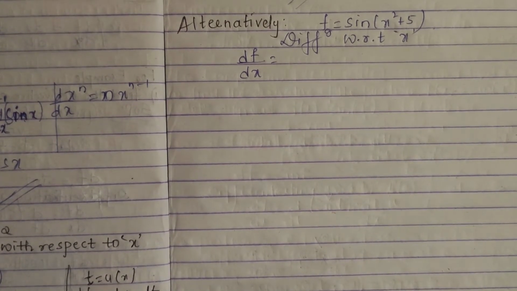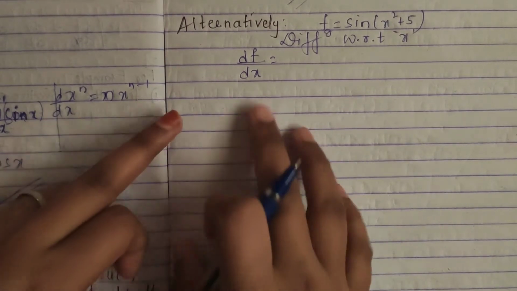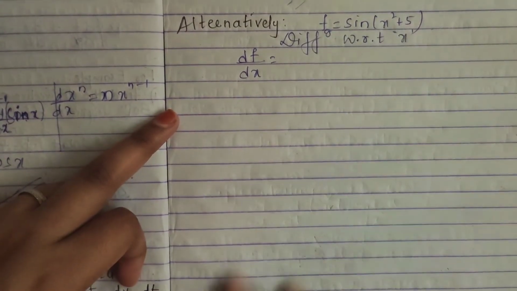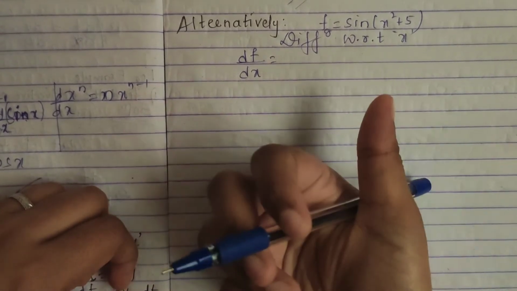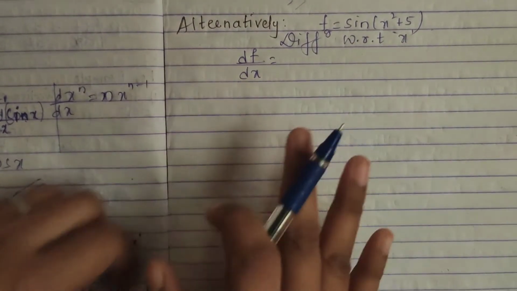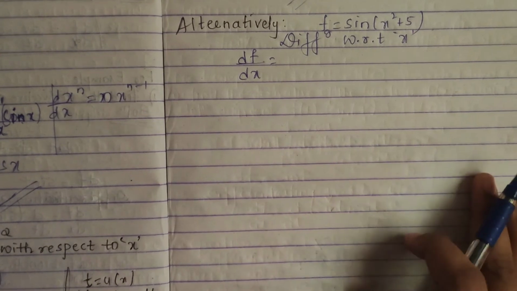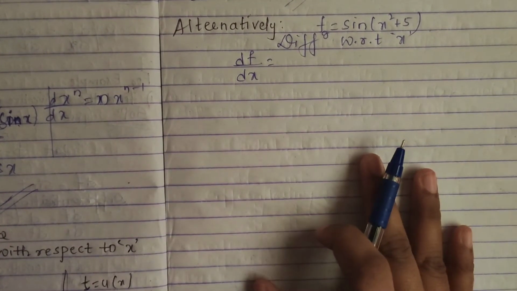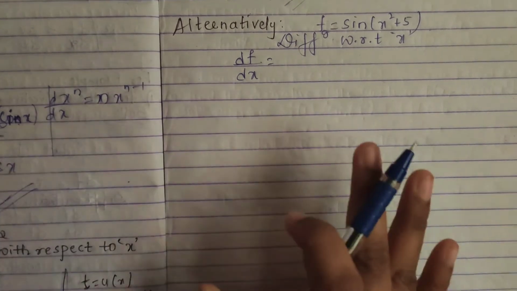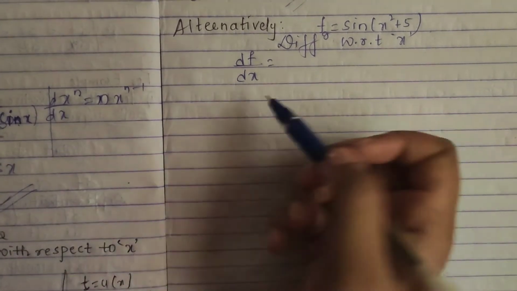So we're going to start with the examples part. Yesterday we had done f is equal to sine of x square plus 5. I had shown you with the t. Alternatively, I'll show you directly also. Then we will go with any one of the methods for our further examples. You see which is easier for you and you can do it that way.